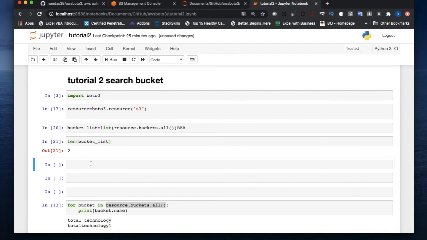So if your requirement is to check how many buckets are there, if the bucket count is greater than 2, then delete the bucket which is created earliest, the oldest bucket. Maybe you have 3 buckets. One is created on 1st January, one on 2nd January, and one on 3rd of January, and on 4th of January you are checking how many buckets are there, and if the bucket count is more than 2, you want to delete the oldest bucket. So definitely the bucket created on 1st of January, you want to delete that. So some sort of logic you can easily build like this.